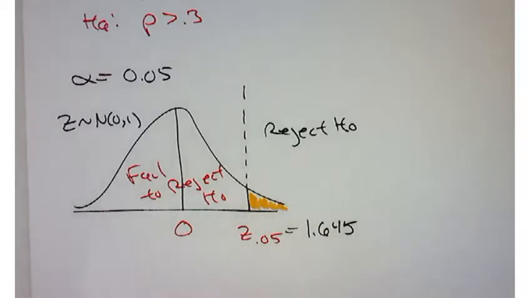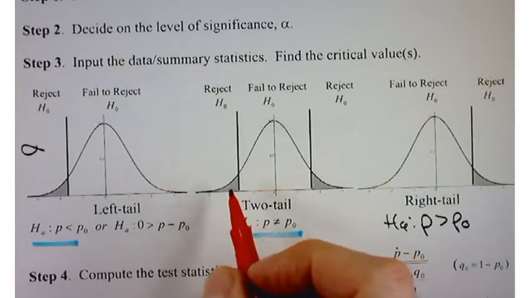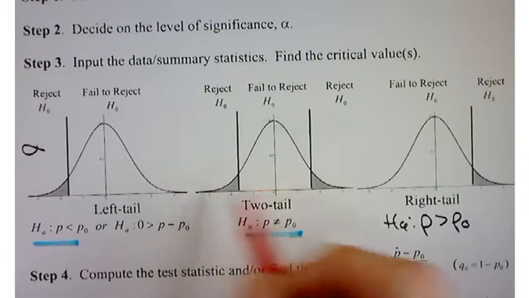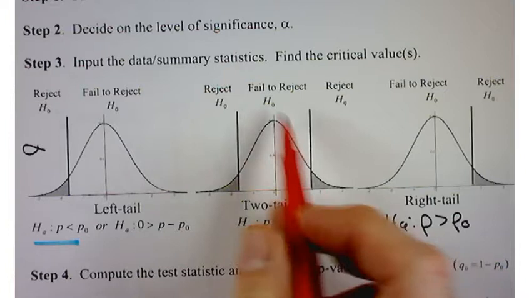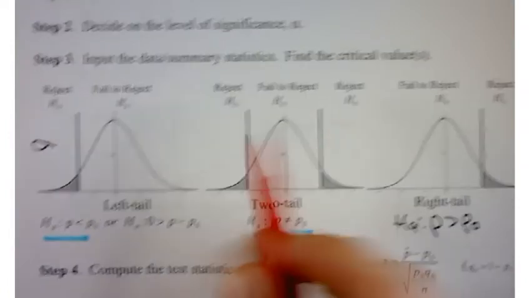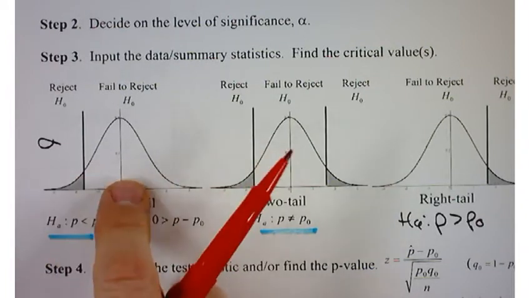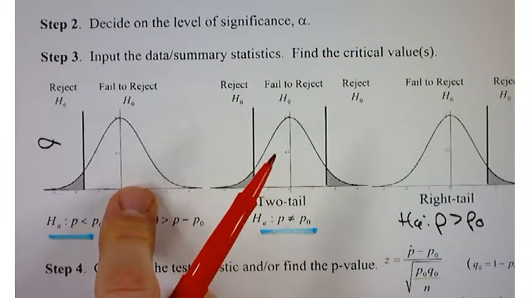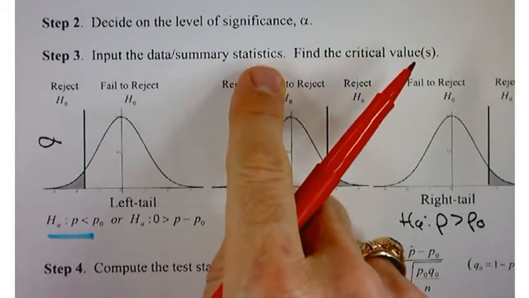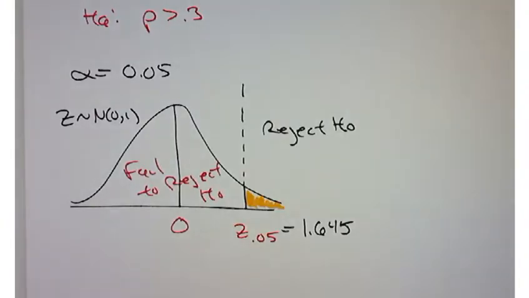Now, if it was a two-tailed test, you would get some similar things. You'd have a reject region on either tail and a fail to reject in the middle. And a left tail test, again, similar. So you're going to have these regions based on your Z distribution. This is the distribution of your test statistic. Now, the form of that test statistic we haven't seen yet, but they gave it to us in problem number